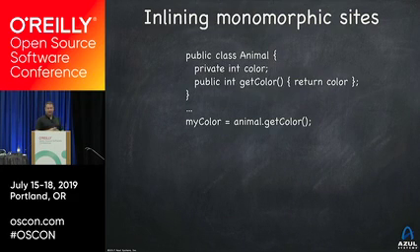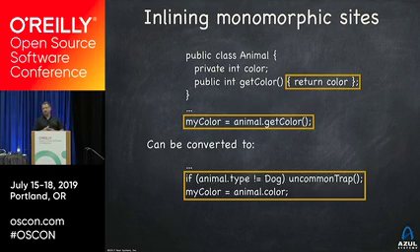Now, what if I still want that to go fast? Well, here's that same thing, but there are chameleons in the universe. But this code, let's say it happens to run in a dog kennel, and for some strange reason, dog kennels haven't seen chameleons. The JIT compiler will actually tend to generate code like this, saying, in the 10,000 times that I've looked at this, it's always been a dog. Let's assume it's a dog, take an uncommon trap if it isn't, and inline if it is, and optimize through. This is the power of speculation. And remember, none of this can be proven. It could go wrong in any second. So you can't precompile to it if you can't take the code away.